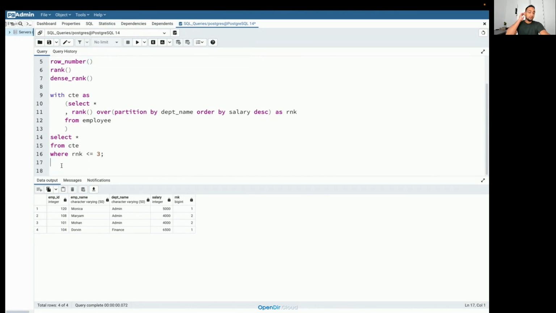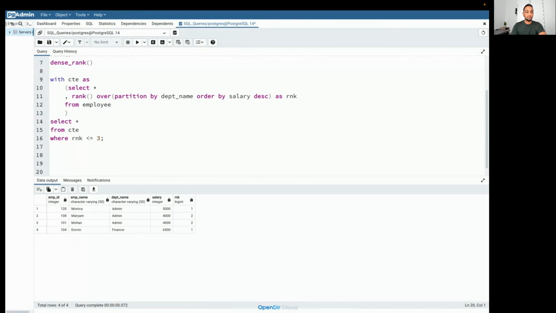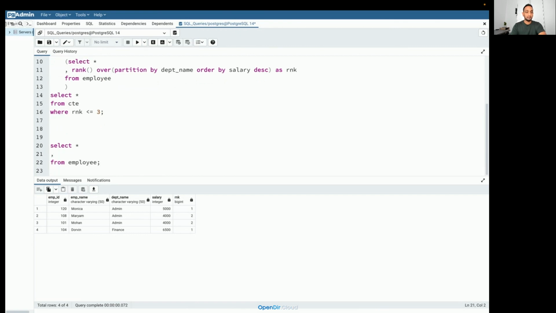Now I want to tell you the difference between these three window functions. So for example, let's say I have a requirement here. Okay, so no requirement here. I'll just tell you the difference between these three. So I'll say select from employee, and let's say select star, and I'll use all three.